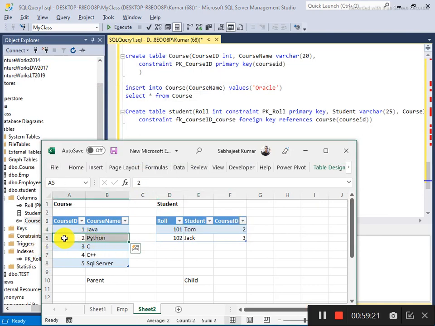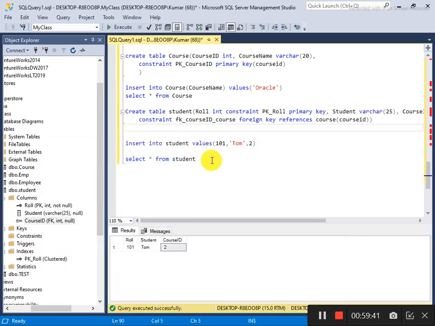What happens if we try to delete this course, as it's being referred to in the second table, the child table? You can't delete from the parent table if something is being referred to or used in another table as a foreign key. If you try to delete, it will throw an error.